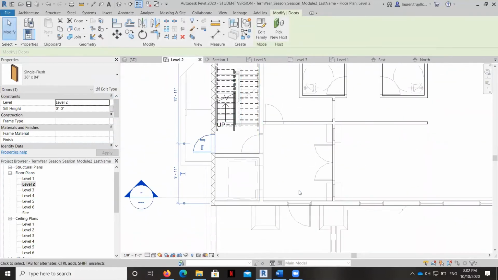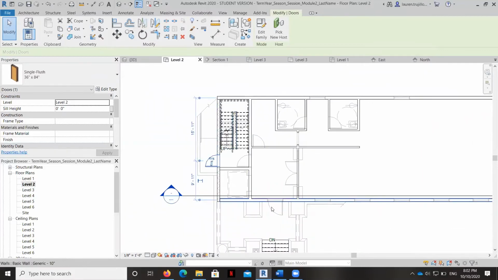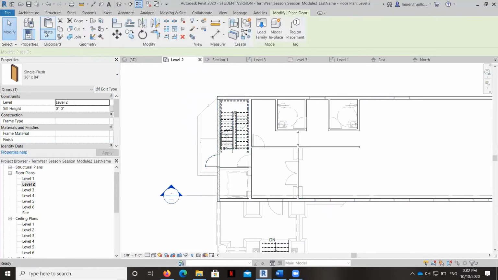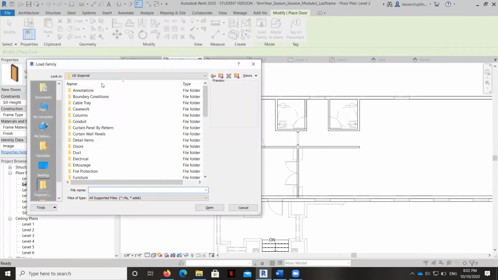You've got mostly single doors here throughout. And so they're going to be really easy to place. There are a couple of instances where you are not going to want a single flush door. Like here, you've got some double doors. So you have to go up to Load Family. And this is the repository of families, kind of like Revit or kind of like AutoCAD blocks. They're just what we call out of the box. So as soon as you take Revit out of the box, it's got all these things preloaded.